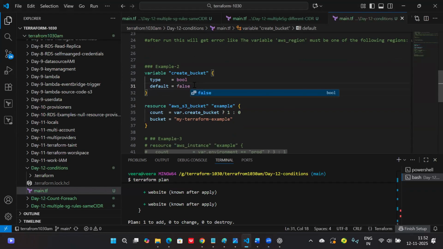Now, how is it working? See, here true means one will update. Count will be one. True means one will update. Count one means the bucket will be created. False means count zero will come. Zero means what? No resource is created, right? Whatever resource block you have created, but if you give zero, you are saying don't create the resource. This is the functioning. Let's give it true and then